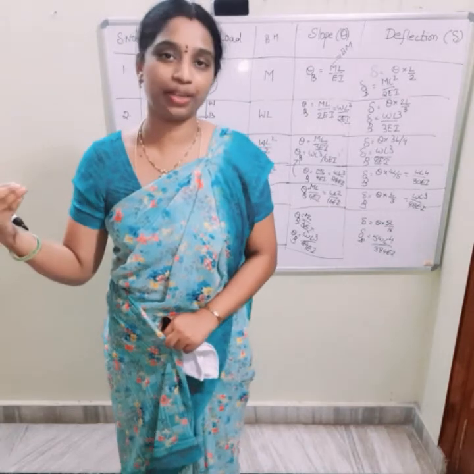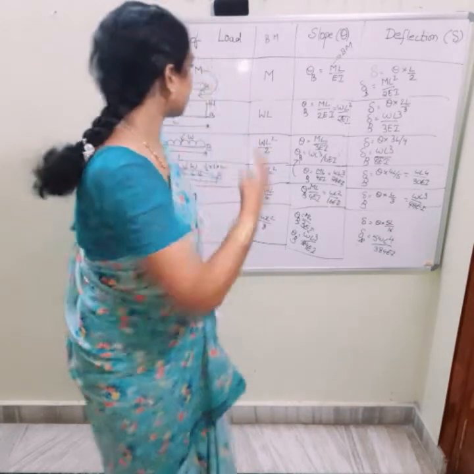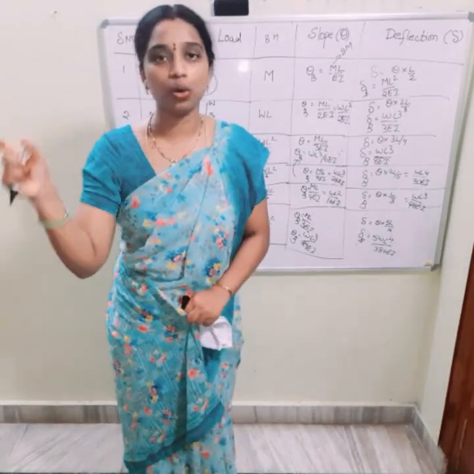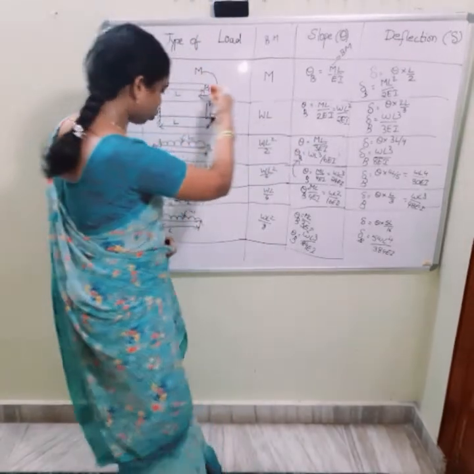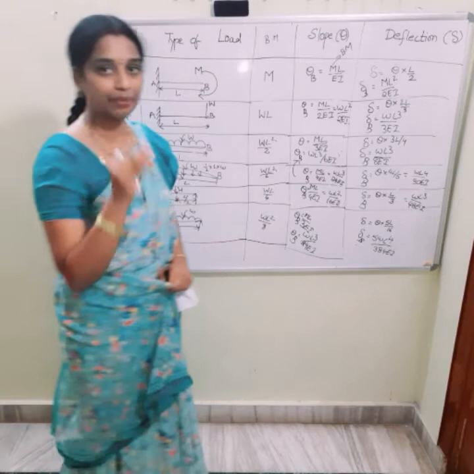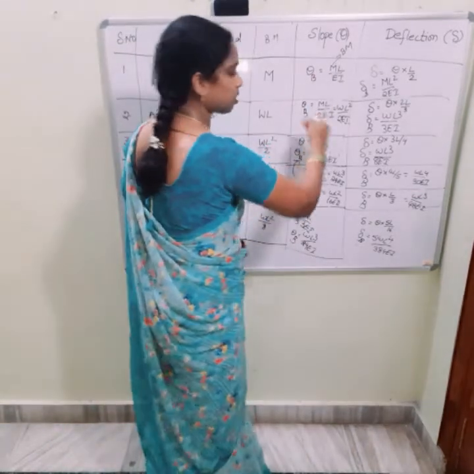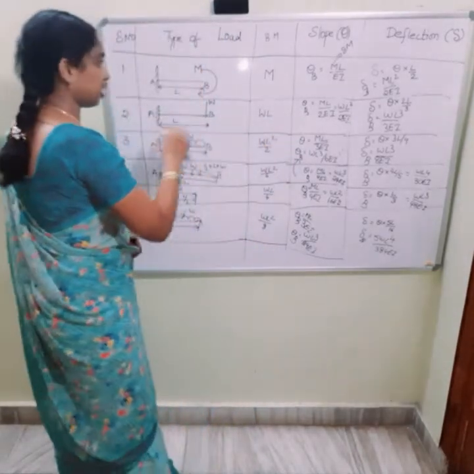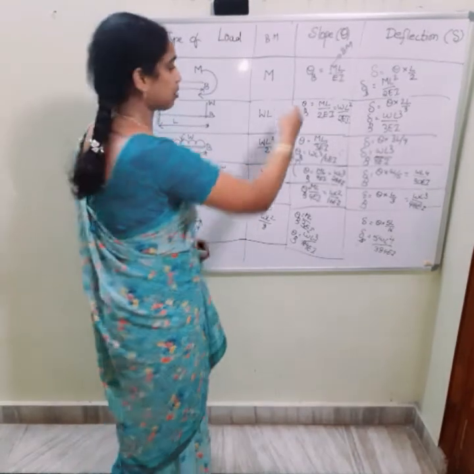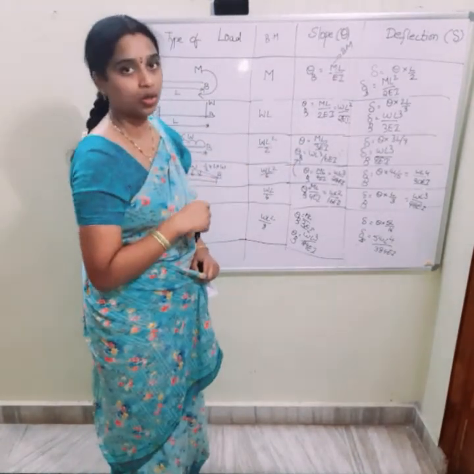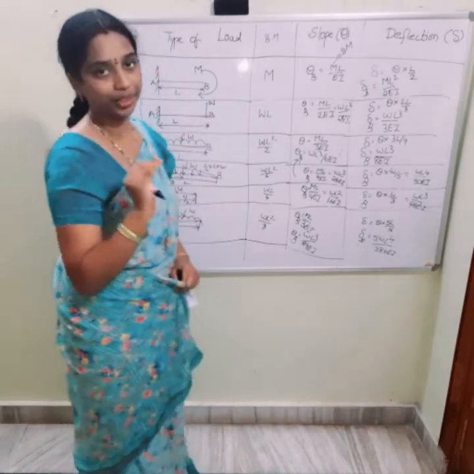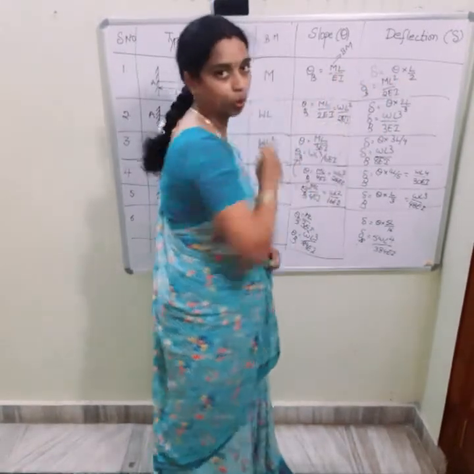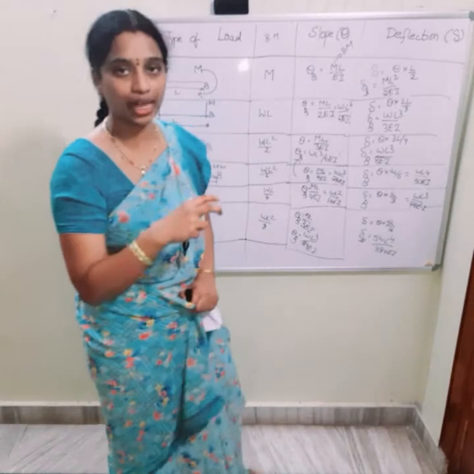So please check out my previous video so that you can easily understand. What is the first step according to essay type of questions? Remove prop and consider load and calculate deflection. It is nothing but load conditions. Here I have removed the prop and just consider load, so that I have calculated the slope and deflection. Slope is unnecessary, but if they ask to calculate it, I have included it for further purposes, as these formulas will be helpful for competitive exams also. For the propped cantilever, you just need to know the deflection. So for calculating deflection, I need to calculate slope also. So in this video, I have discussed how to calculate slope also.